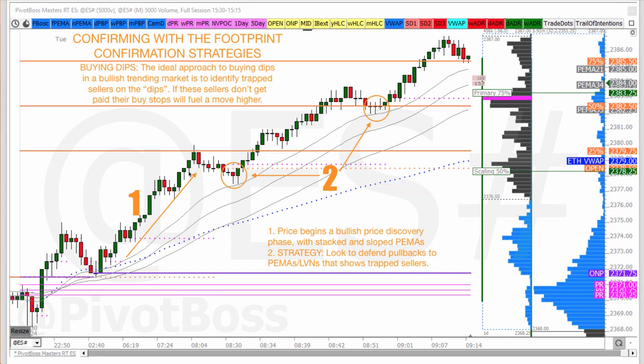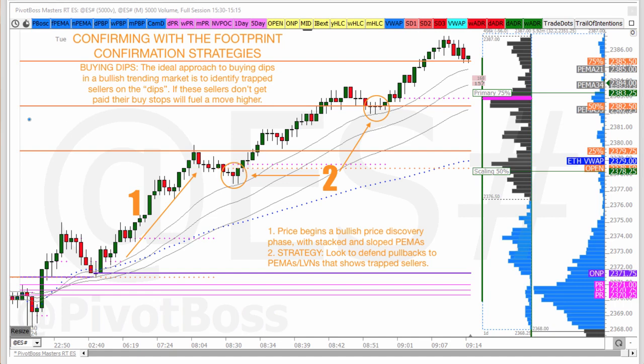Every single time you're in a trending market, the goal is to defend these rotations. And your idea is to defend those pullbacks at a number of levels. Ideally, the easiest way usually is just bringing up these pivot-based EMAs, the PIMAs. And if they are stacked and sloped, you look to defend pullbacks into the trigger zone. Price hit the trigger zone right on the button and never even went inside and continued higher, and there were more rotations ahead. But that's all you're looking to do.